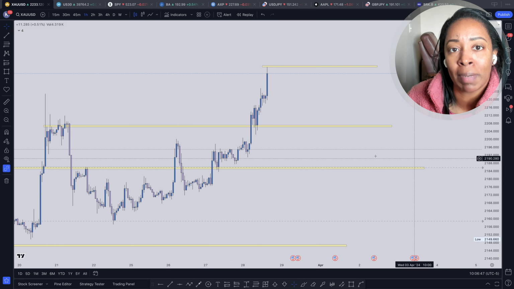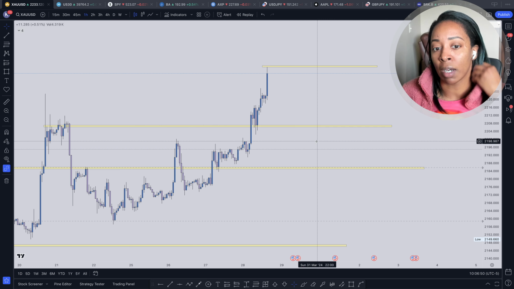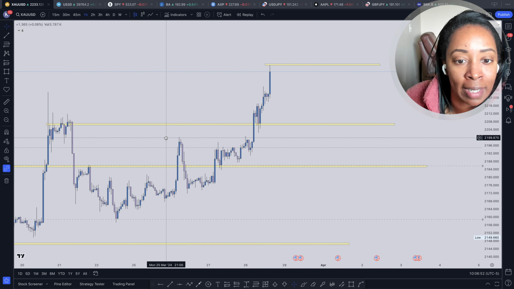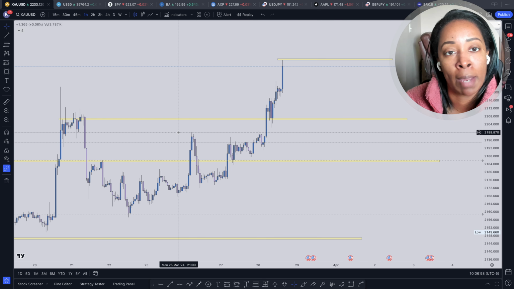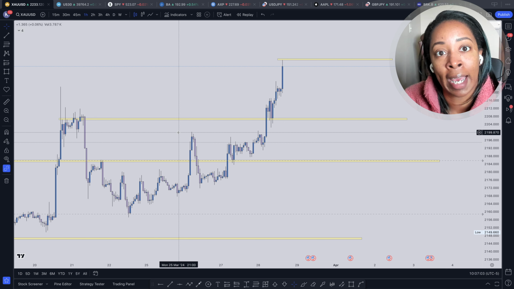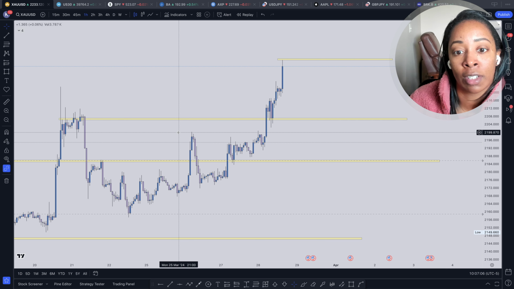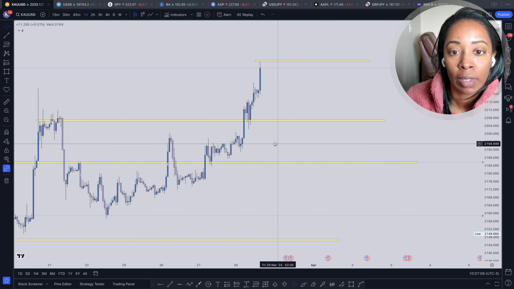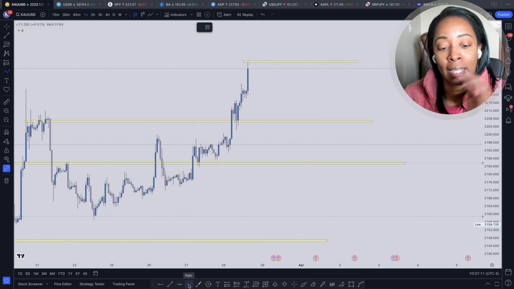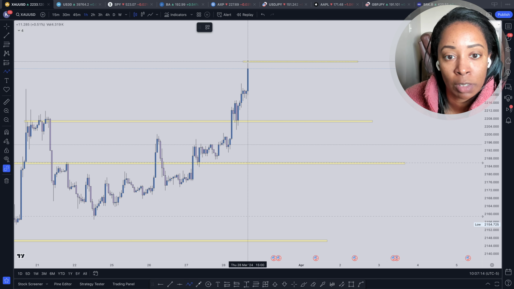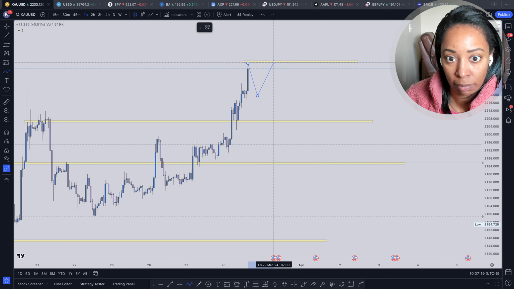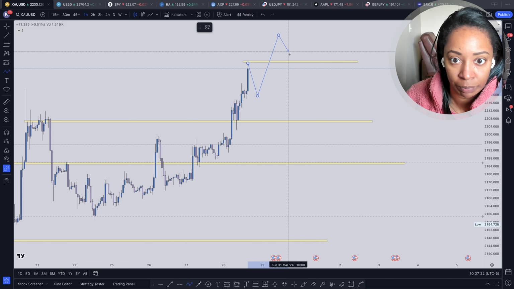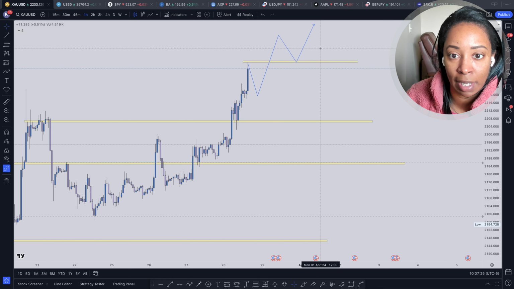So pretty much what will be my game plan for this upcoming week? In terms of my game plan, I'm definitely looking for buys because we've seen on the weekly time frame, daily time frame, all of that momentum is bullish. So I'm not interested in taking a counter trend at all. I'm only interested in taking a trade with the trend. What I do imagine, or something that I see that could happen, is that since price made this high up here, I do see it retracing, possibly here, and then going back up and just continuing up. So I'm going to stop that right there.